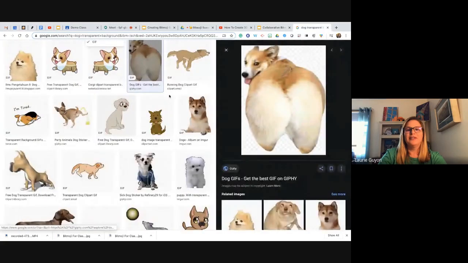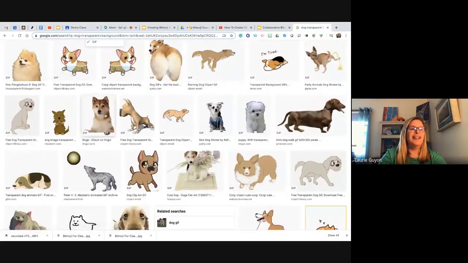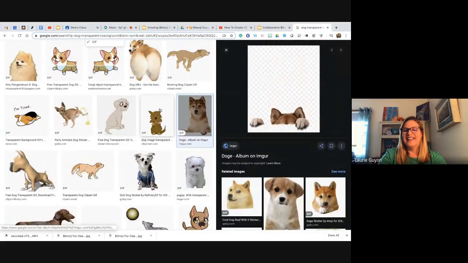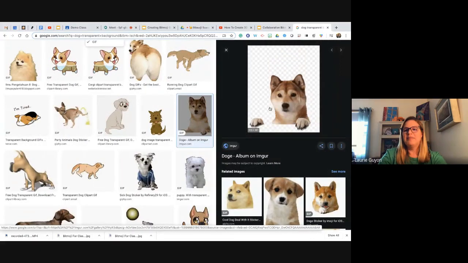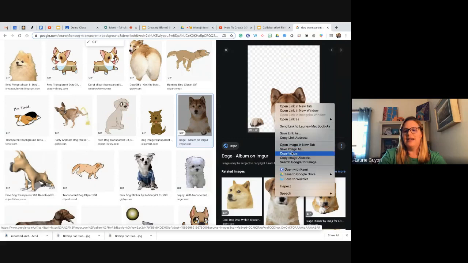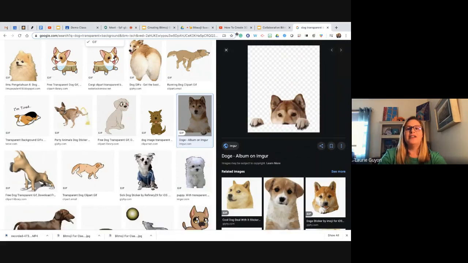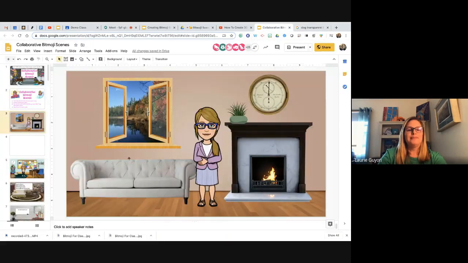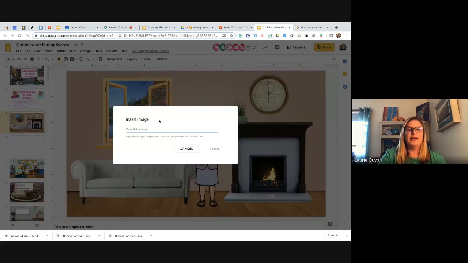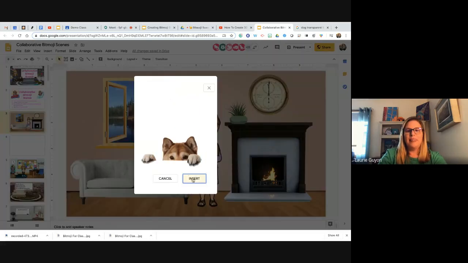What is this one doing? He's got a wiggle butt. How about this guy? Oh, he's cute. Maybe he's going to peek over the couch, right? So I'm going to right click on him, copy image address. All right, I'm going to click on insert image by URL, paste it in, hit insert,